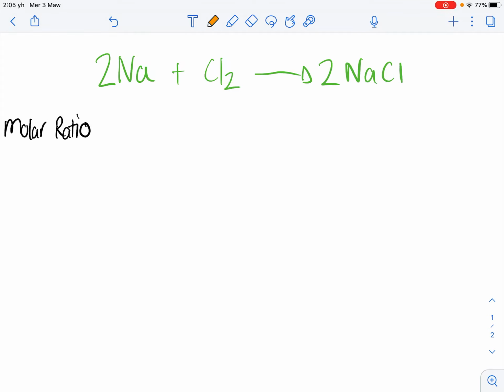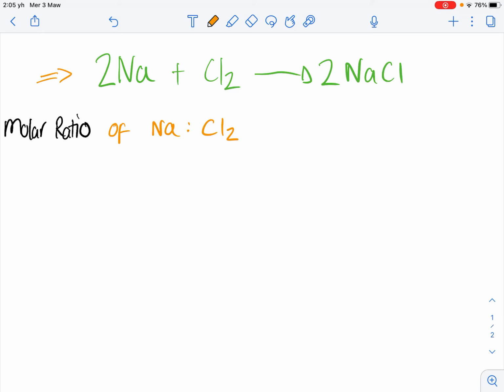Okay, so here's a video on how to work out the molar ratio of two different things in a chemical reaction. So we're going to be using this chemical equation up here. So sodium plus chlorine goes to sodium chloride. So let's say I want to work out the molar ratio, which is going to be really important for some of the next steps. The molar ratio of sodium